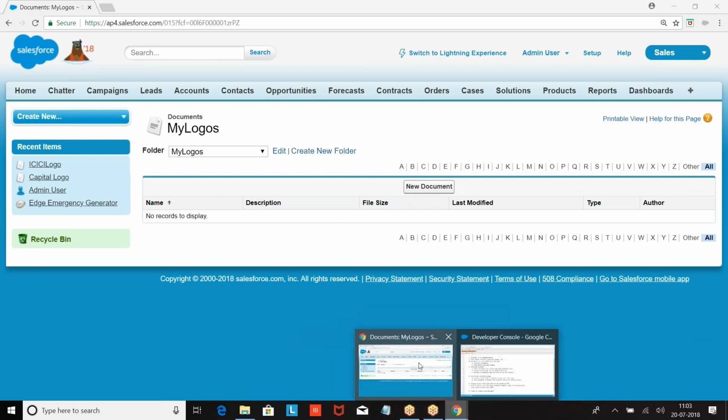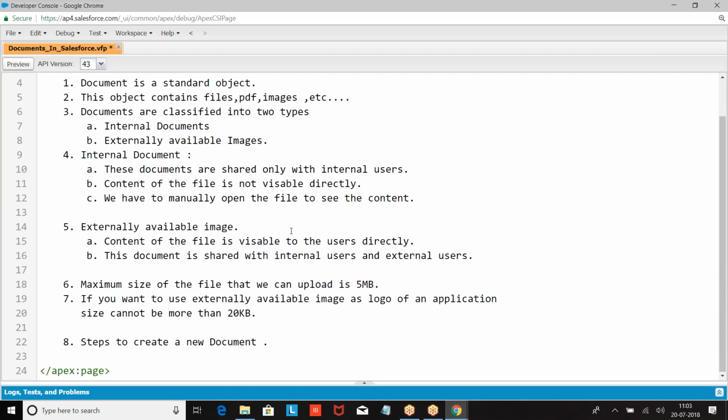Now let us understand the document folder. How do you do that?